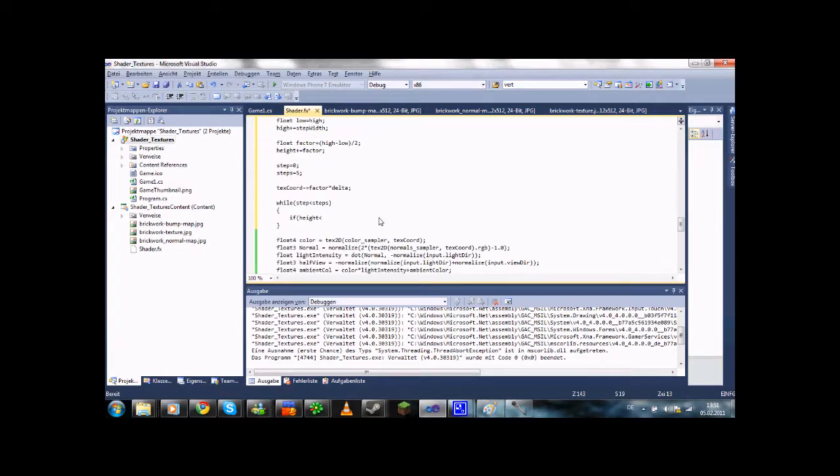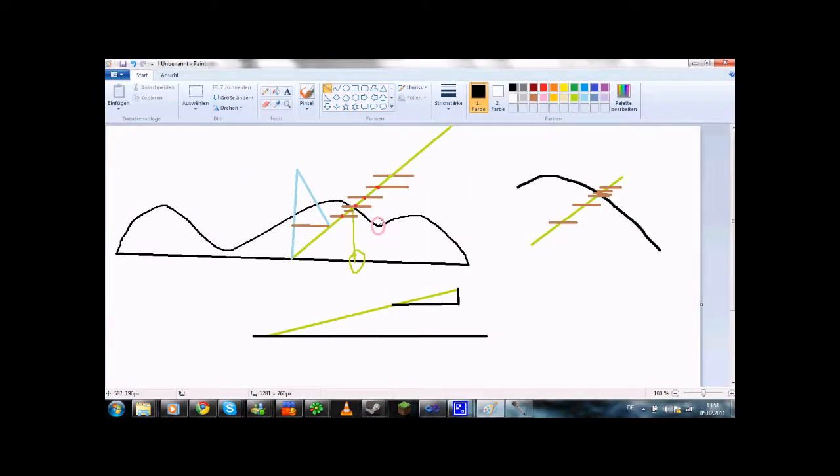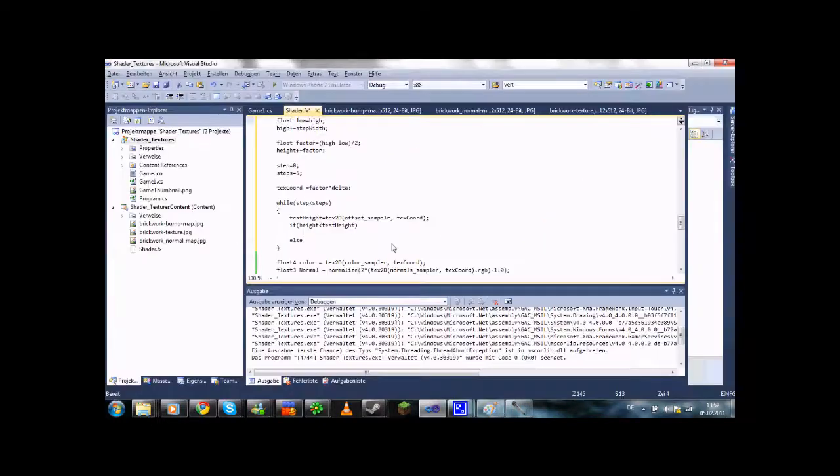If height is smaller than our test height, and first we need to set our test height. So test height equals texture 2D of our offset sampler at the texture coordinate. We already changed that there. And now if our height is smaller than the test height, so we are below this,